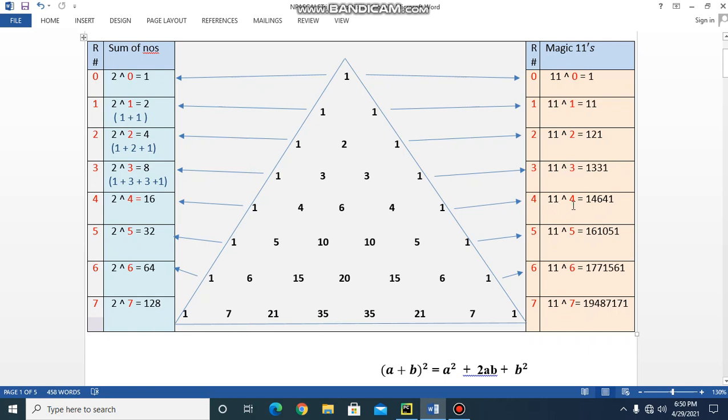Similarly, 11 raised to 4 is 14641, which is the number here, 1, 4, 6, 4, 1. But when it comes to row number 5, here we have 1, 5, 10, 10, 5 and 1, but here we have 1, 6, 1, 0, 5, 1. The numbers are different. That is because here we have double digit numbers.